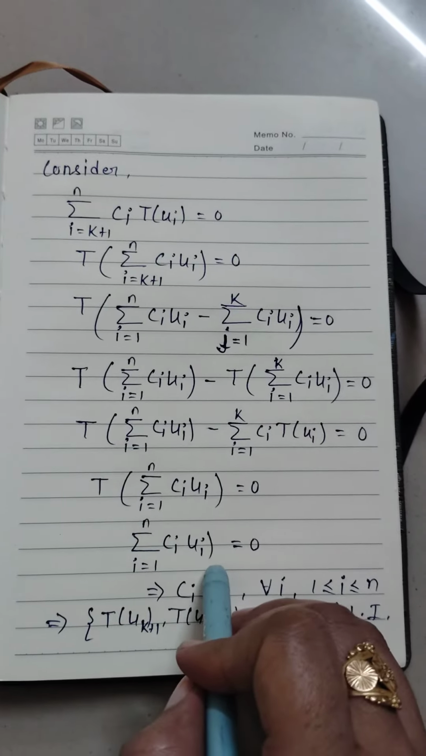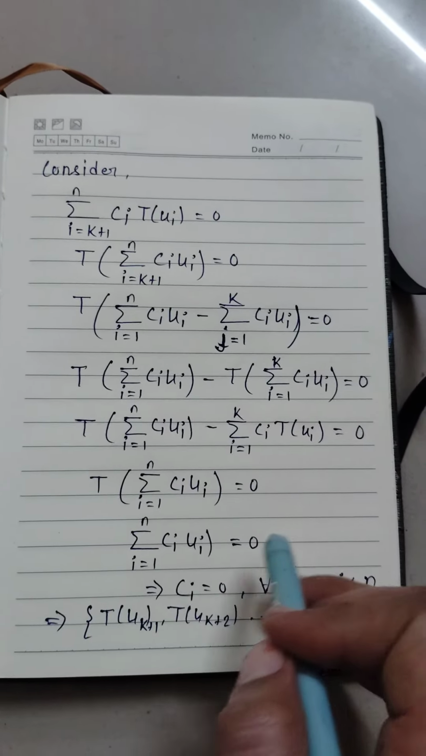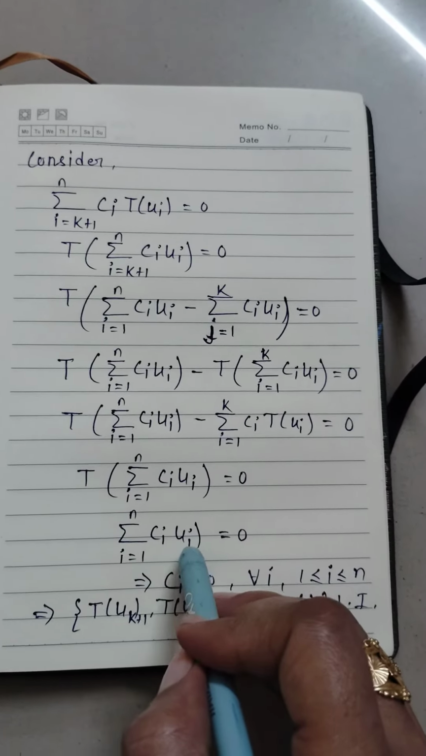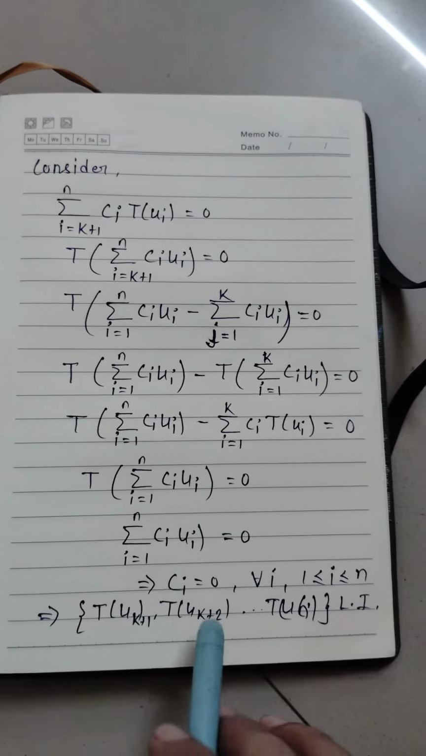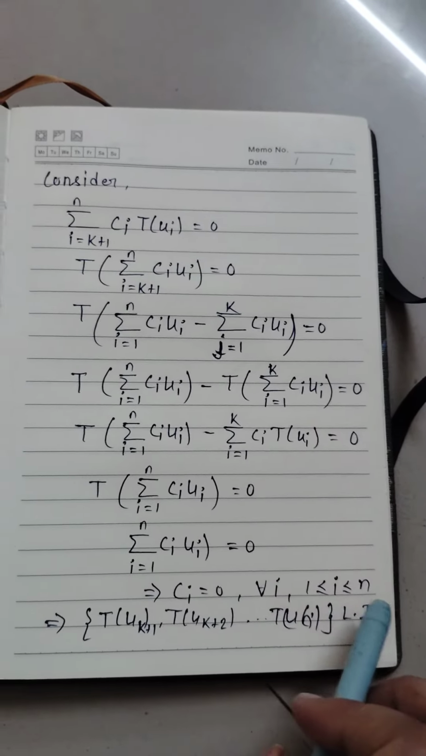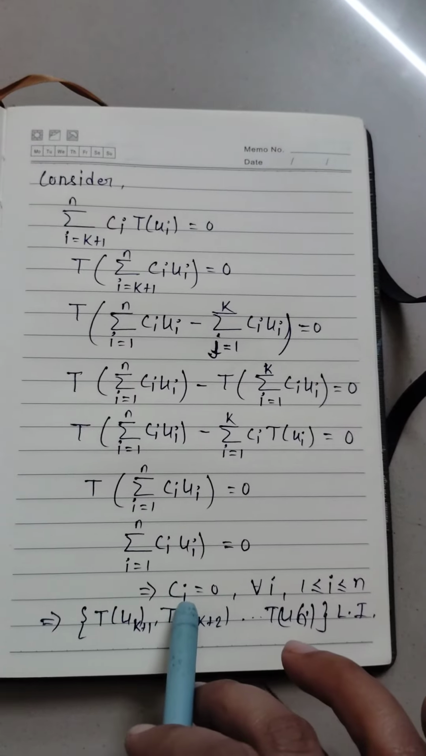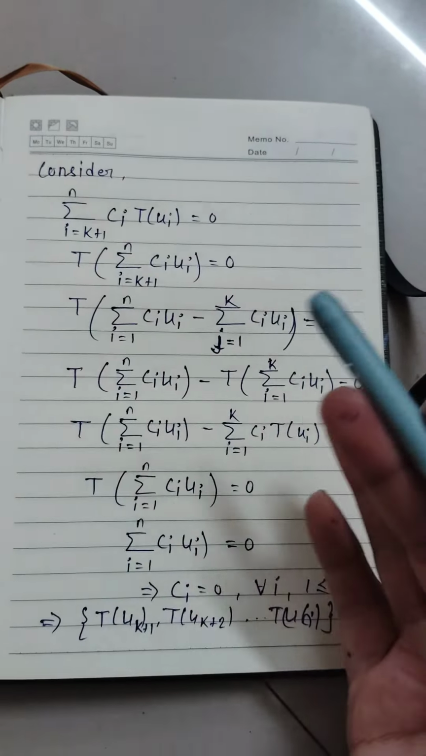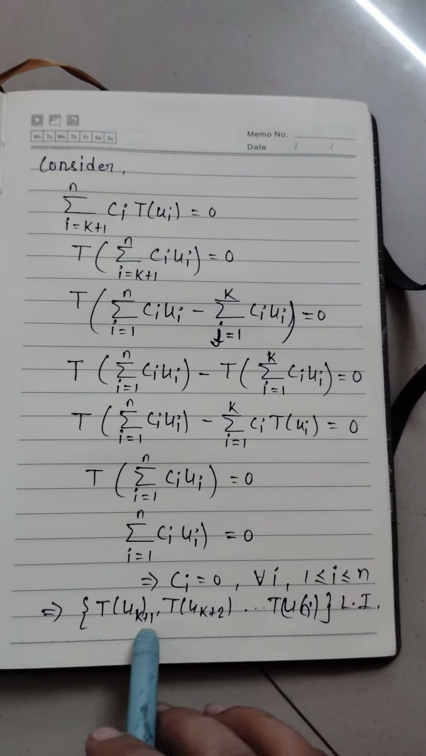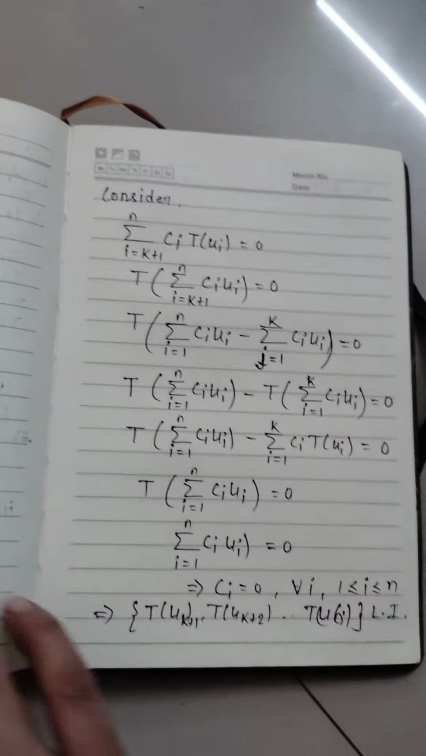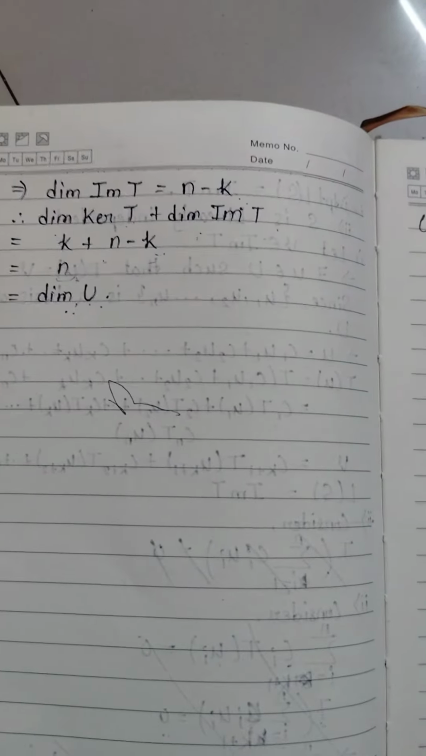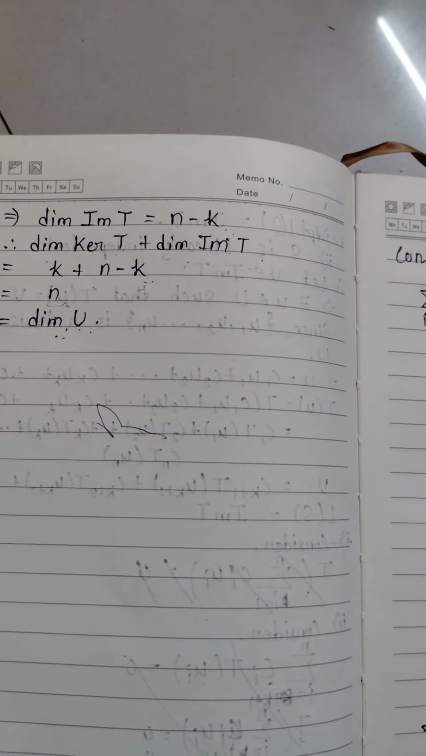Now we know u_1, u_2, up to u_n is a basis of our domain, so this has to be linearly independent. That means c_i must be 0 from 1 to n. So this implies that from k+1 to n the elements are also 0. This means that T(u_{k+1}), T(u_{k+2}), and so on up to T(u_n) is linearly independent. This implies that the dimension of the image of T is